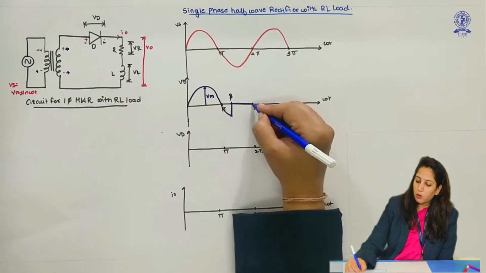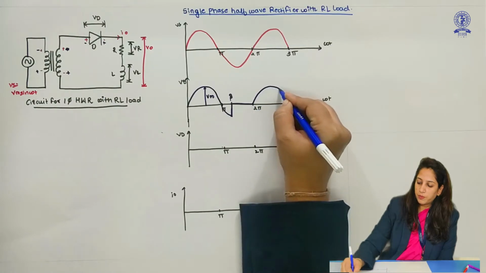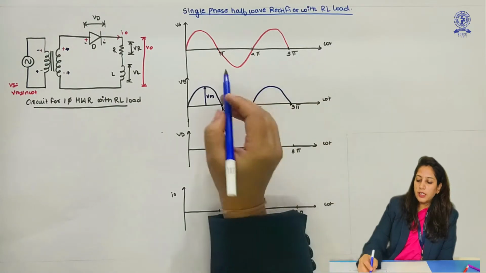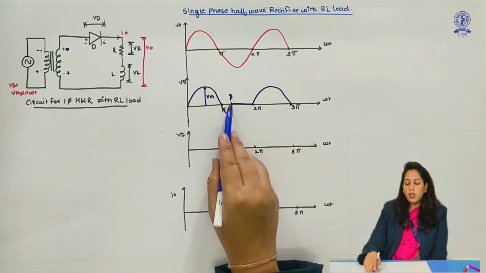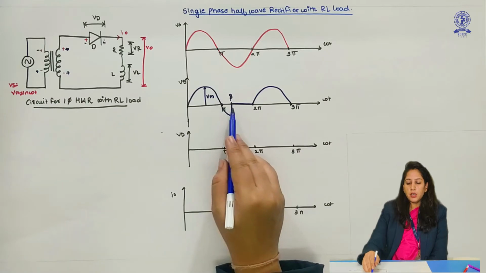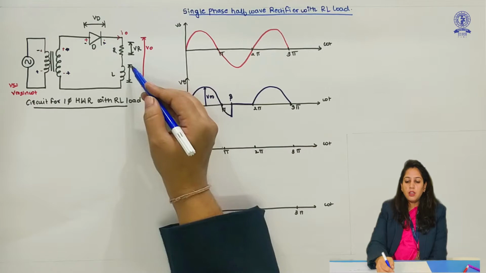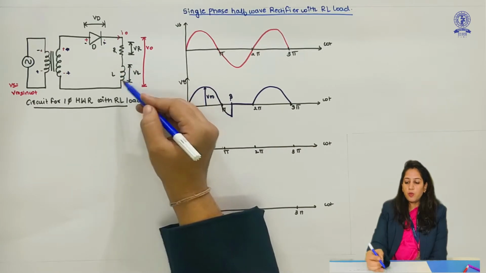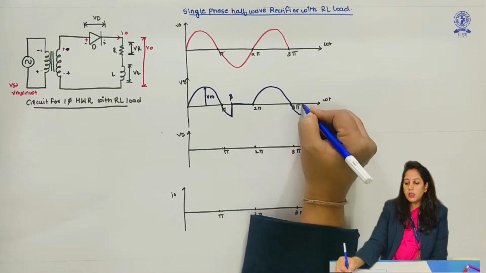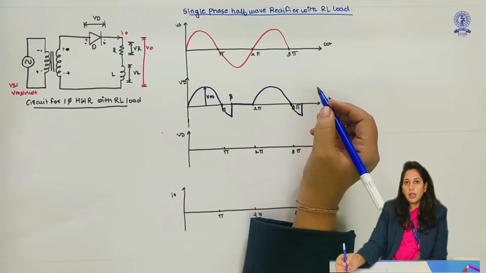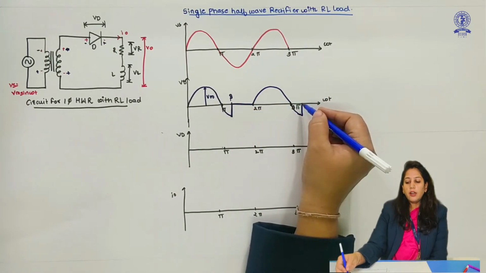Again for the next half cycle, whenever there is positive and negative, I will get an output. So for the negative half cycle, for some period, that is from pi to beta, this much angle, we are getting output V0. Why? Because due to the presence of this inductance, which will de-energize for this much time period, we will observe a notch here.